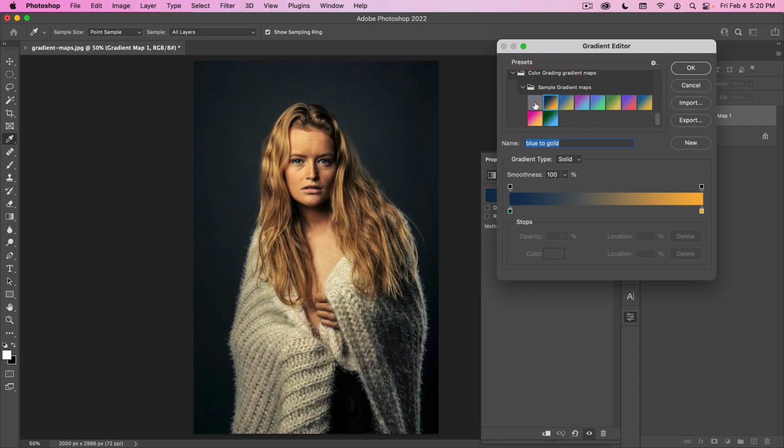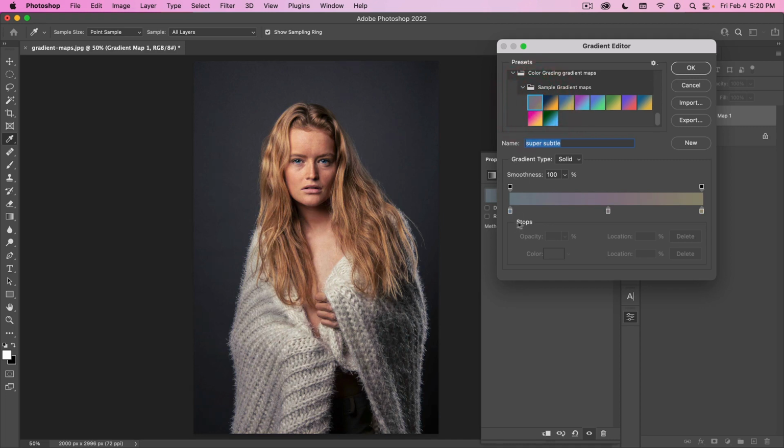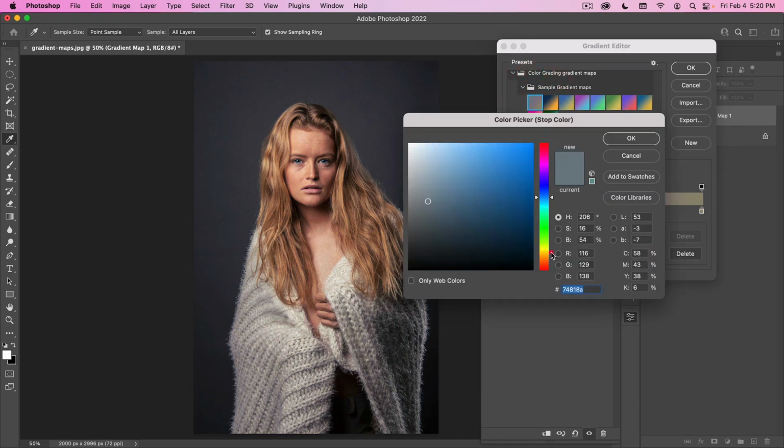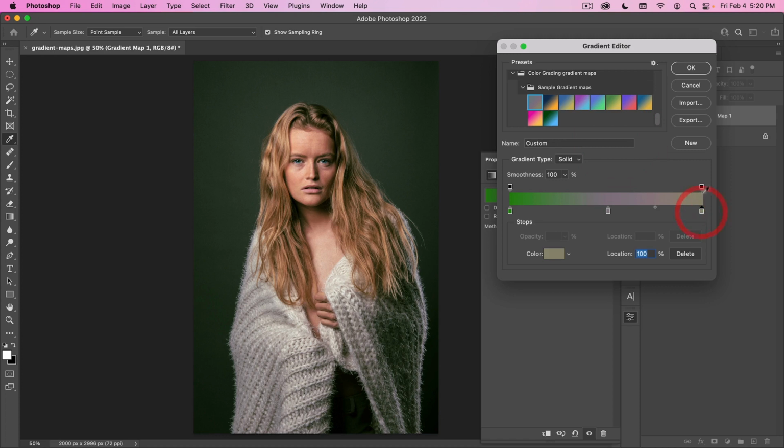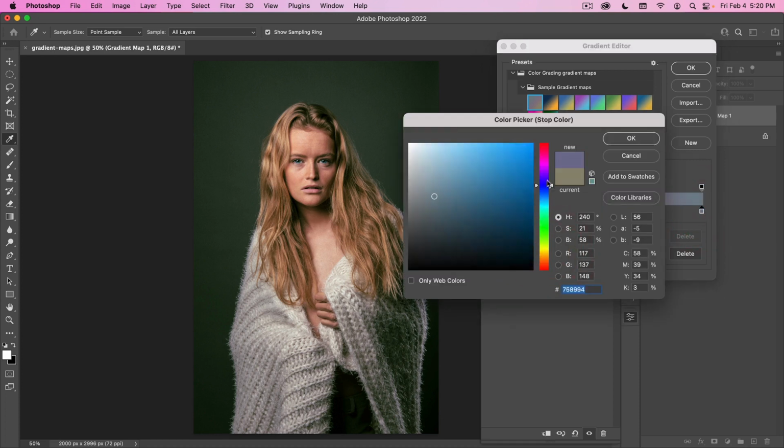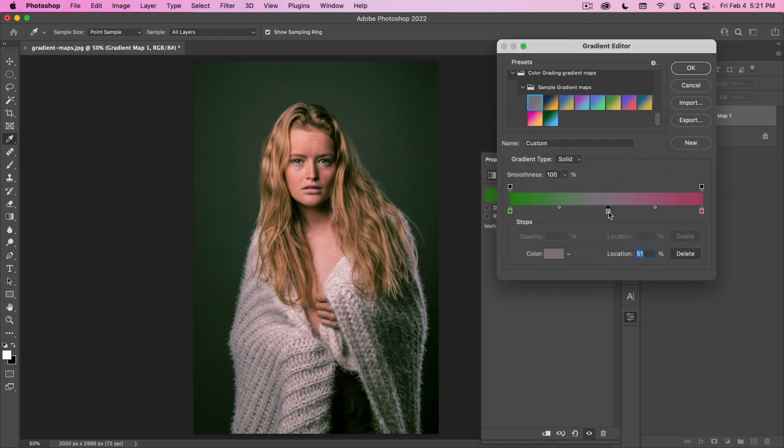And then I also have included this one here. This is kind of a starter one. So for this, what you can do is just go in here and make your own color grade by adjusting the colors. So if I wanted green in my shadows, I could do something like that. And maybe go to my highlights on this end and add maybe some red into my highlights there. And if I want to control the middle separately, this is kind of keeping all the middle colors neutral, or I could just delete that and let the blend from Photoshop do that work.